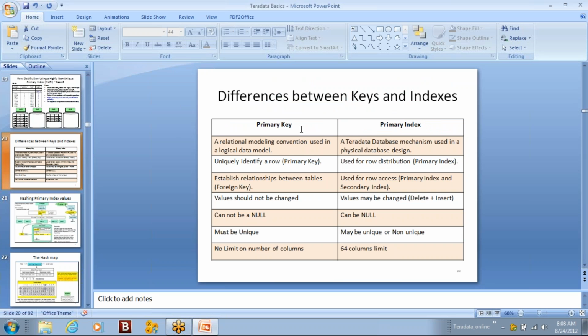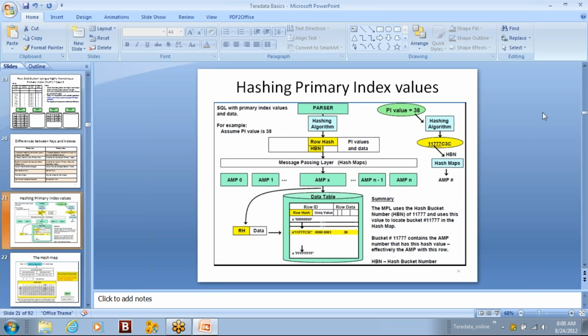Okay, and yesterday we saw the key differences between the primary key and the primary index. Okay. And now we are going to see the internals of the primary index, the hashing algorithm mechanism. So, hashing primary index values. What happens when we start inserting the data?